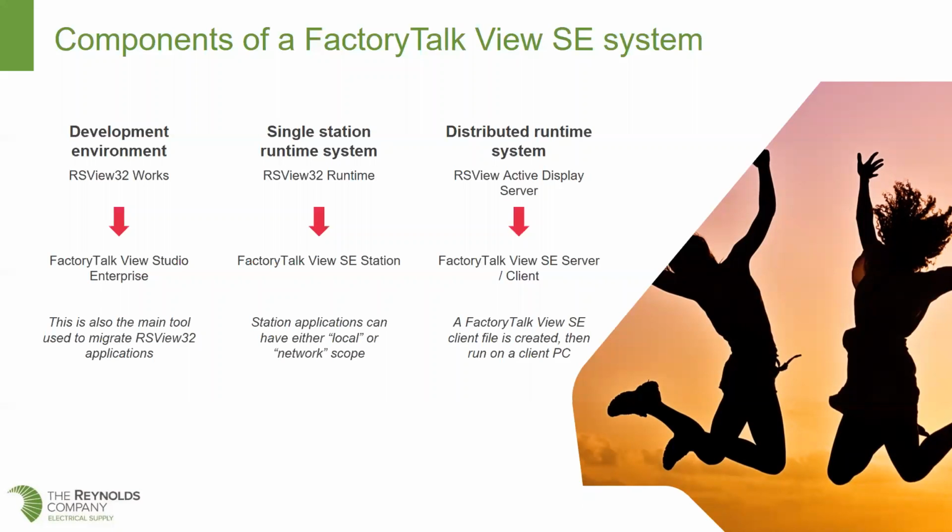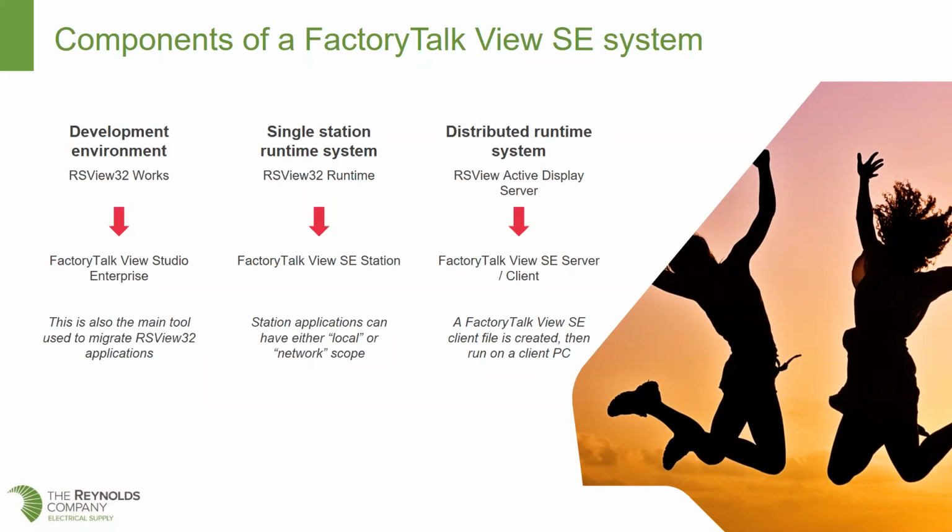The analogous product would be the FactoryTalk View SE station. But you may want to use a distributed environment. In RSView32, that distributed environment was called RSView Active Display Server. In that situation, we would be looking at migrating to FactoryTalk View SE server client